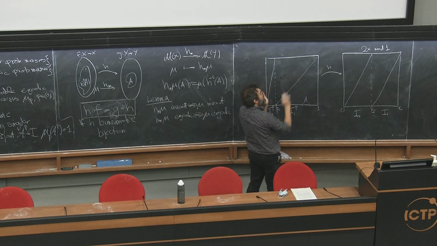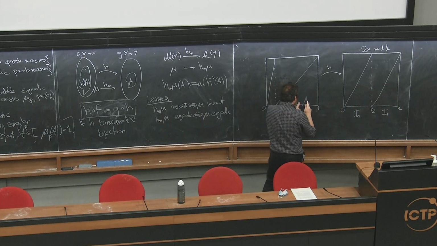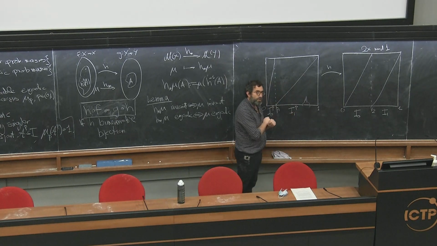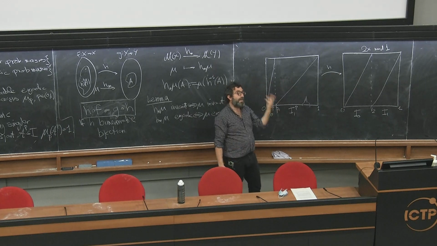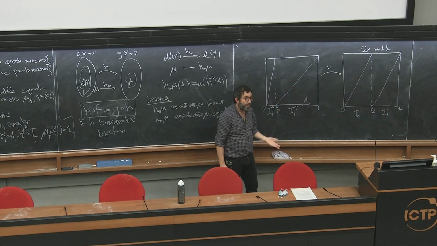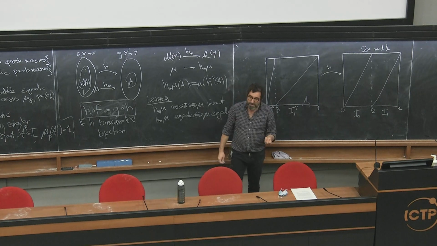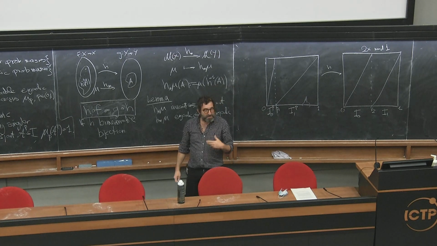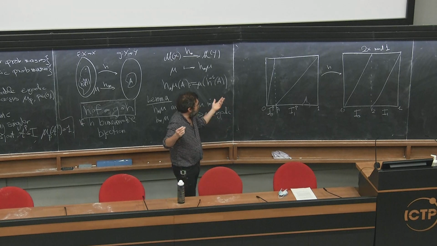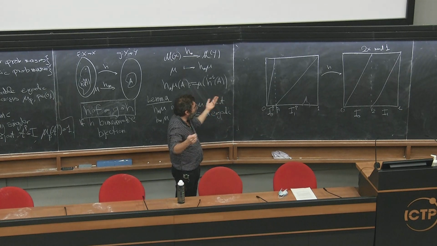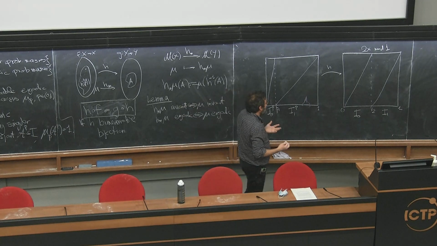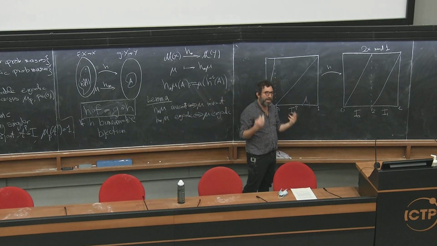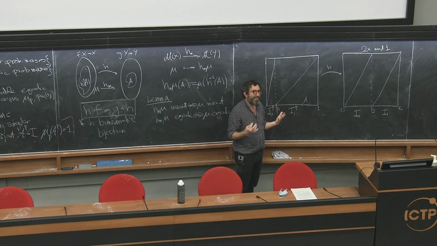Any piecewise affine map I take, almost every point will converge to A asymptotically. So even if it has many branches, even if it has infinitely many branches, right? This is intriguing because it says that the statistics is almost independent of the map. It is independent of the map, right? It only depends on the fact that Lebesgue measure is invariant and ergodic.